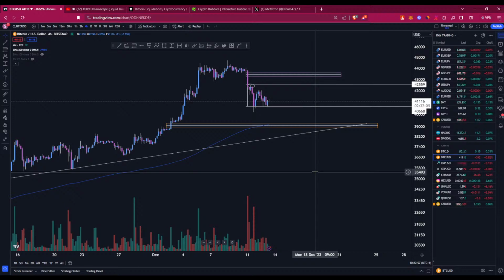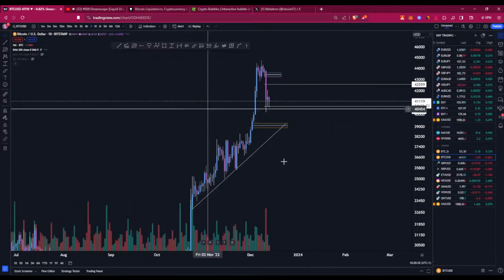Because if it comes during a full blown bull market, it will not affect the price that greatly. But if tomorrow at this price action we have a Fed pivot, we are going to see this 20k again. So I don't believe it's going to happen that soon. I assume it would be quarter one, quarter two of 2024 when they do this. But we never know what they have planned behind the scenes for Bitcoin, because clearly we can see that the bears had